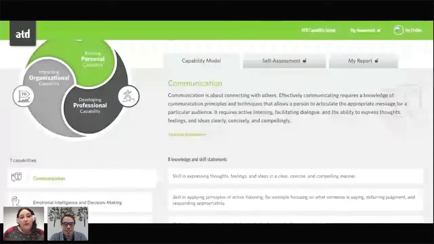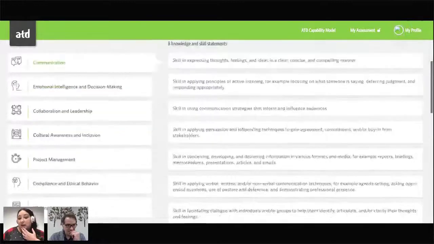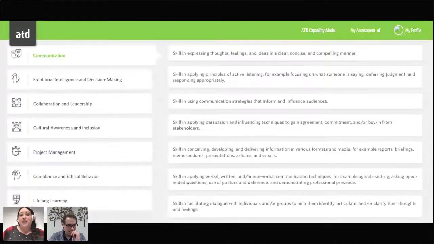Yeah, so let's just hop in and take a look. So we're right now in the communication one. There's 8 different knowledge and skill statements, and going through, you can kind of see these here. But before we went live, J-Rock and I were kind of talking about the format of what these look like,